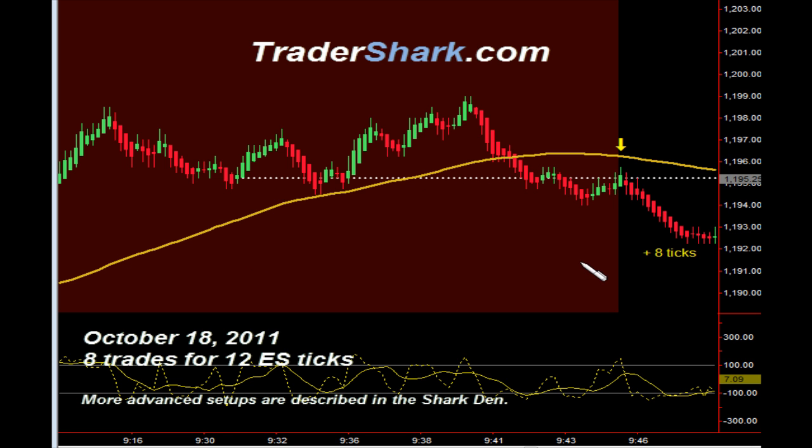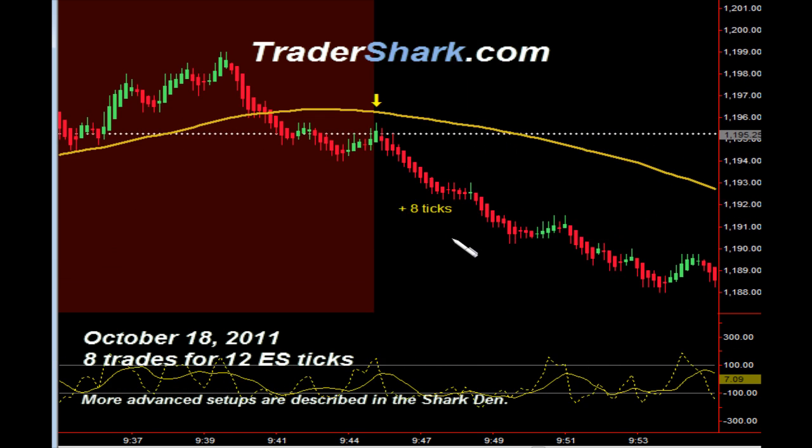From 9:30 until 9:45, we generally do not trade. It's a period of higher volatility. Coming out of 9:45, we did have an opportunity to get short. Target 1 and target 2 were hit. I did not take this trade. That's represented in yellow. The trades that I did take are represented with green arrows to the upside, red arrows